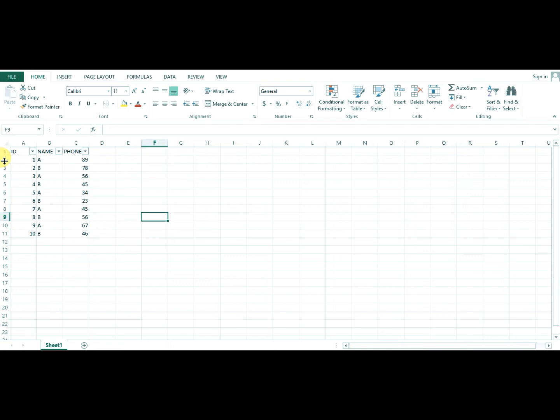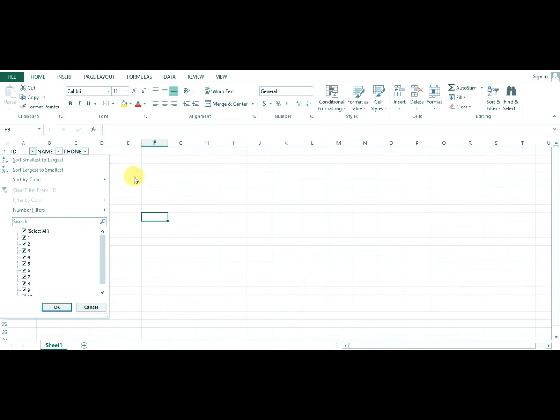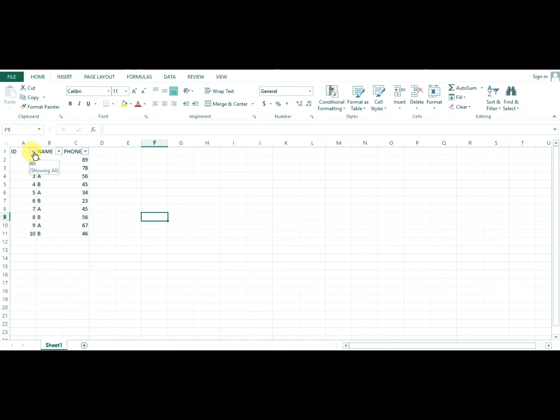Okay, so rows 2, 3, 4: I want to view only rows 2, 3, 4 in my table. So you can use the same process: click on the ID column.